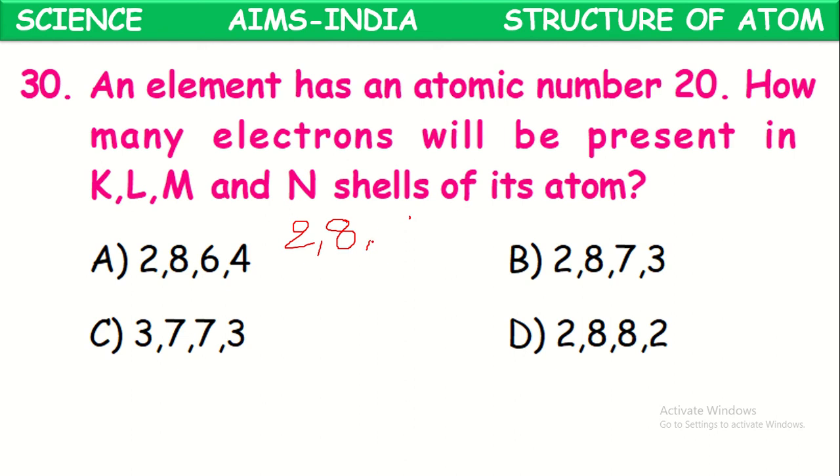actually, the third shell can accommodate a maximum of 18 electrons according to the formula 2n square. But if it is the outermost shell, there should be a maximum of 8 electrons only. So first it will have 8 electrons. The remaining electrons will enter the fourth shell. This will be the electronic configuration of that element. It is the correct answer here. It is actually calcium.